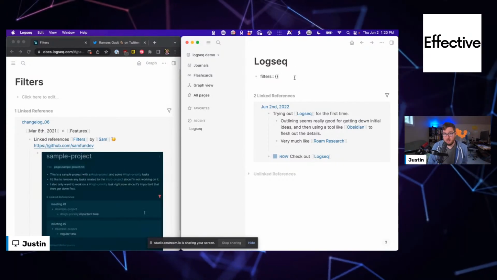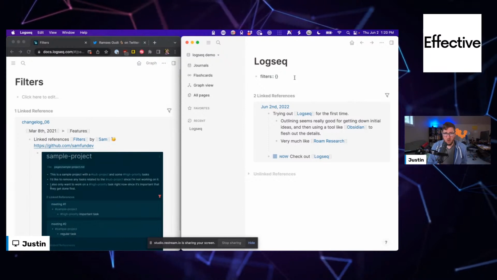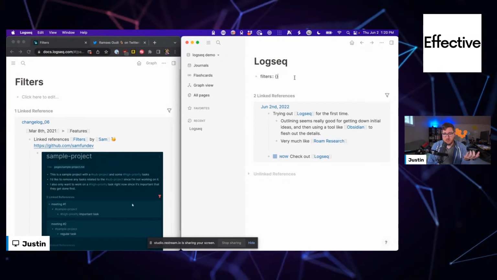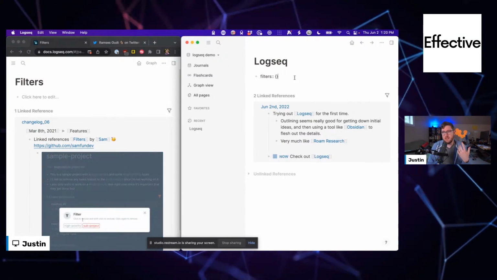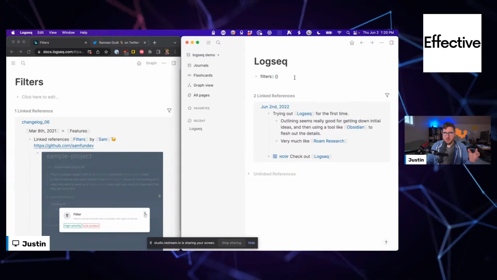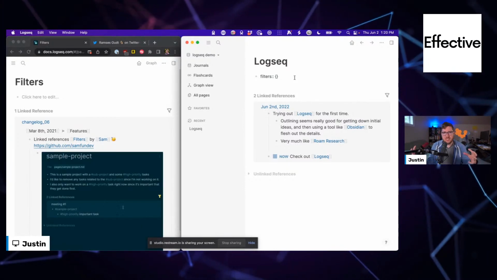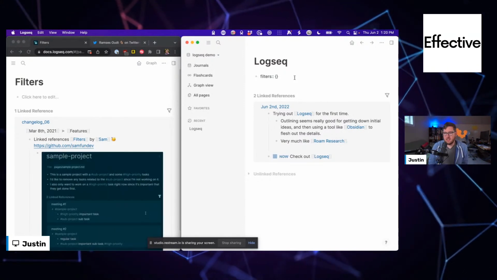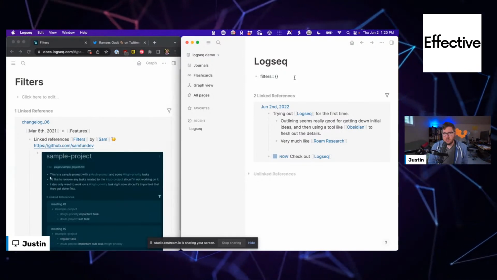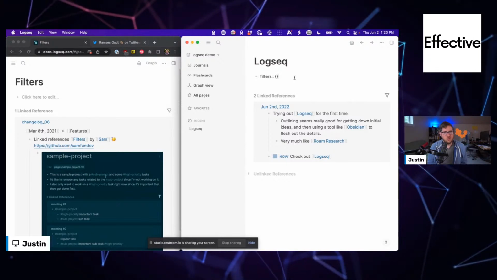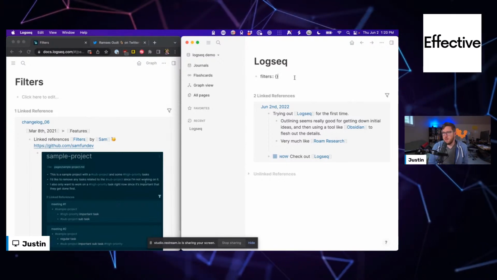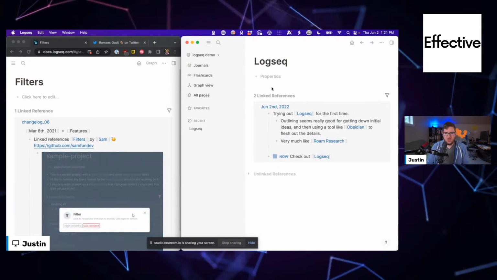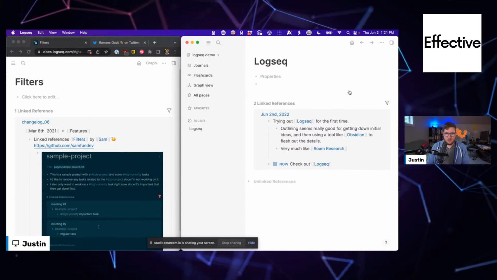There's a lot to learn in this space, to be honest with you, and it's also relatively new. I mean, PKM has been around for a long time, but it's really only gotten traction in the productivity circle in the last 2 years. And that's almost solely due to Roam Research and then Obsidian coming along. So there's a lot to learn, a lot to know. Don't get overwhelmed. It's okay.